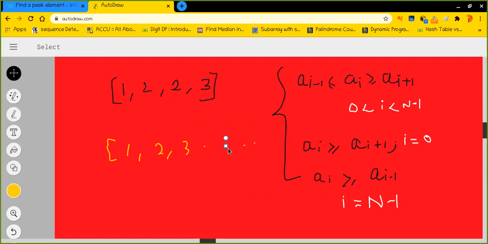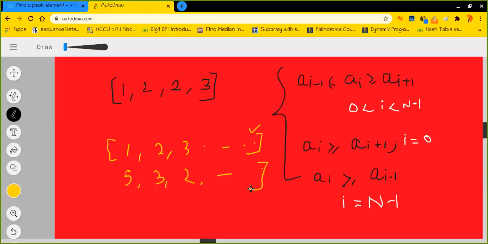In this condition also we have a peak element, which is present at the right. Similarly, if we have an array which is sorted in descending order, in this case also, guys, we have the peak element present at the first index.